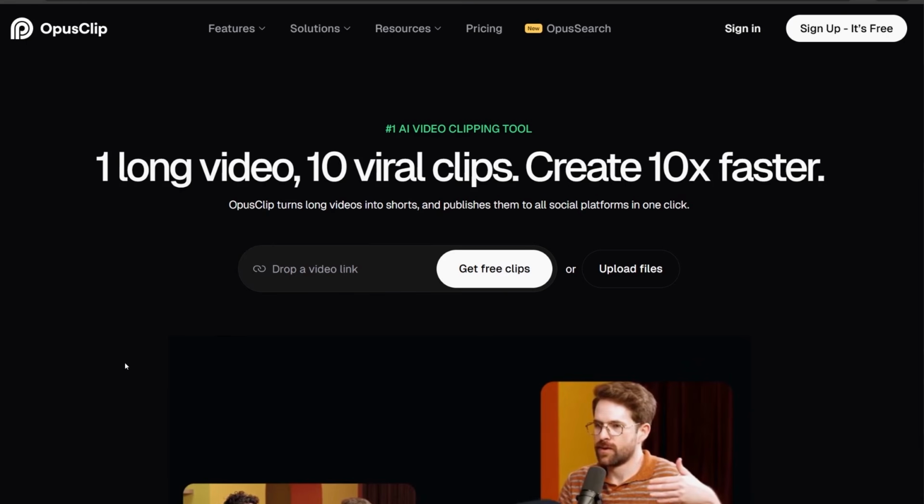And next, once we've found the podcast episode we're going to use this tool here, Opus Clip. Using this tool is what speeds up the whole process and makes it the fastest way of making these baby videos. If we look here, Opus Clip lets you add a long video into it, and then it will find the best moment from inside that long video that could potentially go viral. So we're going to add our podcast episode into this tool to get told the best moments to use that